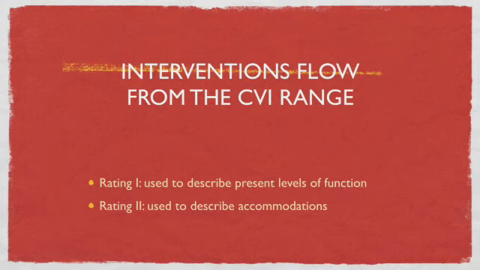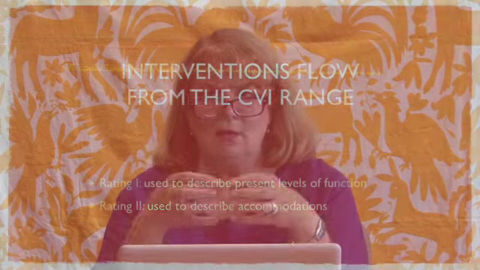We need that piece of information so that we can properly design interventions, so that we know that Goldilocks just right place, the place that's not too high, not too low, but really meets the child's needs at that distinct level. So I also want to share that the information that you derive from Rating 1 and Rating 2